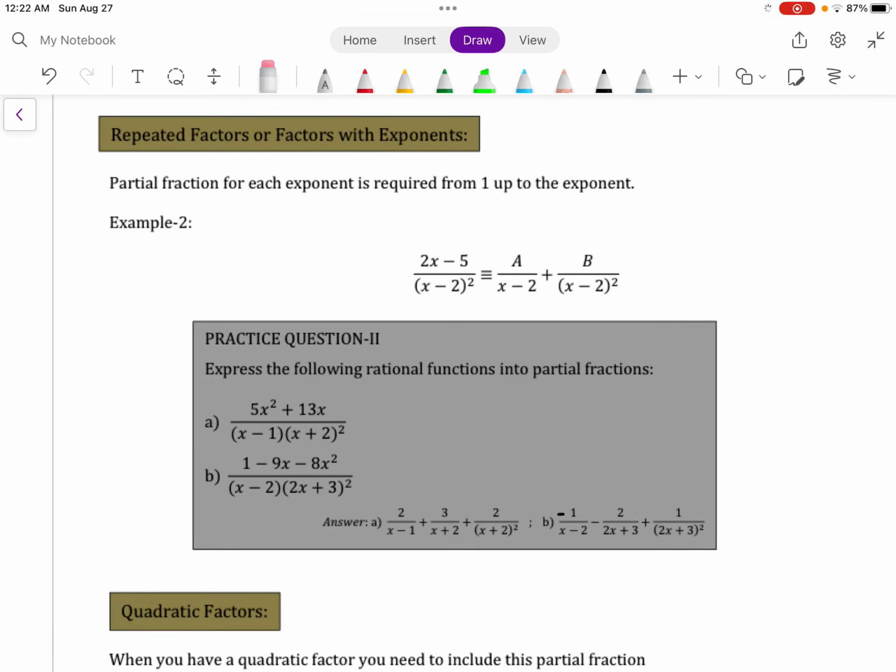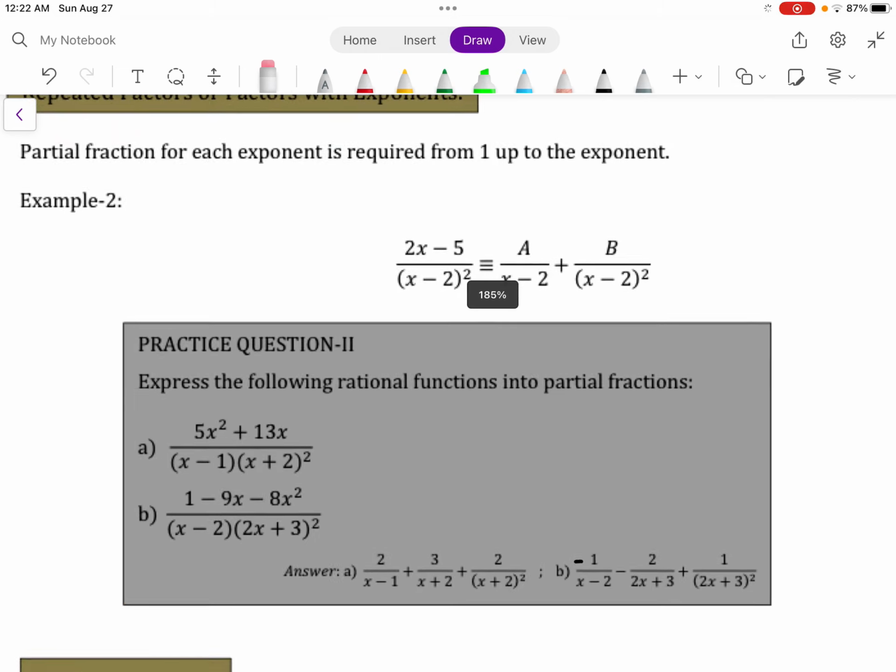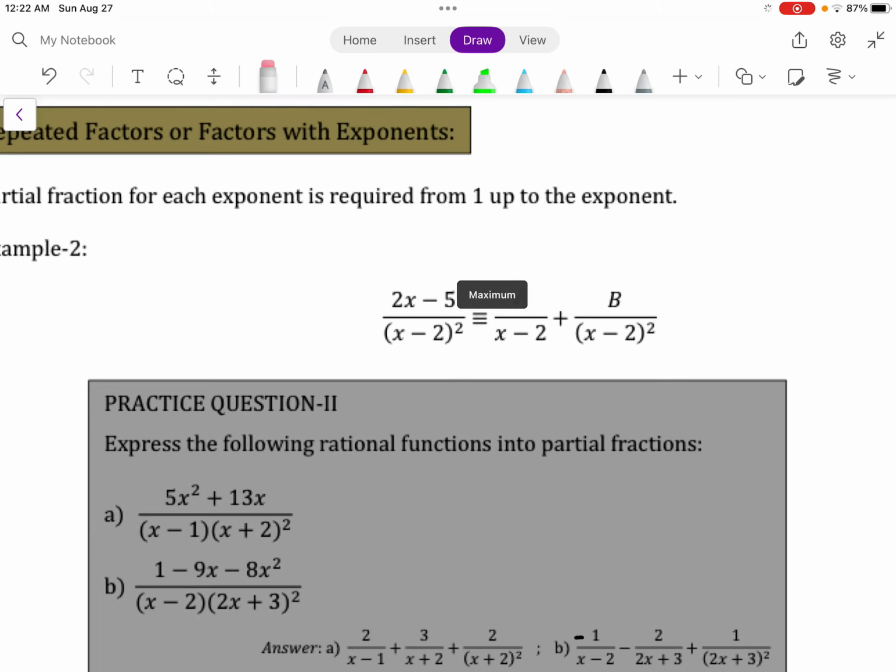In the second case of partial fractions, we have to deal with repeated factors. Repeated factor means the factor will have some exponent, like this example. It has a power of 2. So we have to let fractions from power 1, x minus 2 to the power of 1, and up till